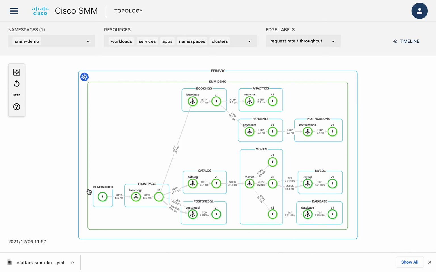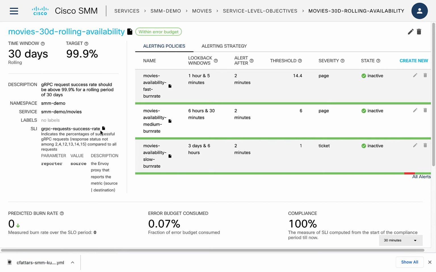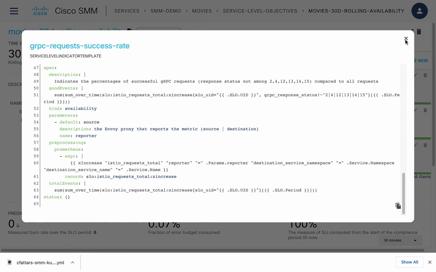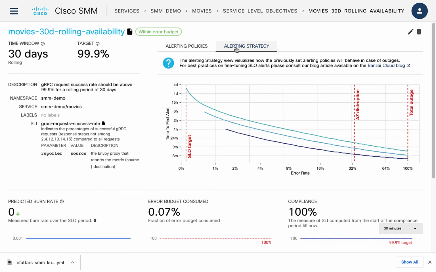You can easily configure a service level objective at a service level. So for example, for this movies service, I can configure the SLO. In this case, I have configured it to be successful requests per second divided by the overall requests per second. It's very easy to look at the YAML configuration in SMM by just clicking on this icon. So for example, I can take a quick look at that ratio, and then every time your microservices fail, that would mean that you're consuming the error budget. So if the projection exceeds the error budget that you have allocated, then you can specify an alerting strategy and get alerted so that you can take proactive action.